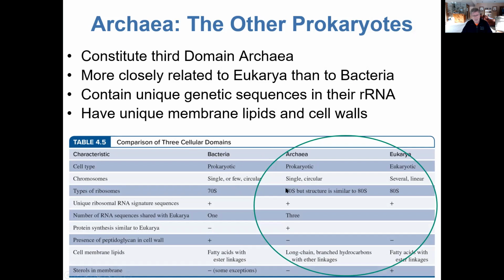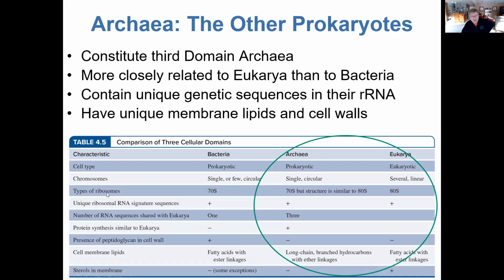And this is kind of interesting because we know that bacteria and Archaea contain prokaryotic cells. So logic would say that because they both are made up of prokaryotes, they should be more closely related. Well, the reality is that even though Archaeans are prokaryotic cells, they share, in many respects, more similarity with eukaryotic cells than they do with organisms in the domain bacteria. And a lot of that boils down to